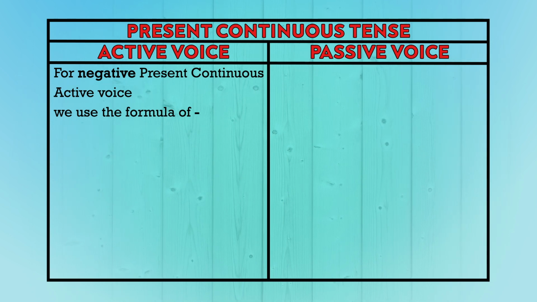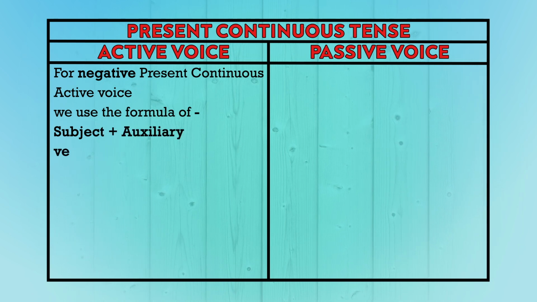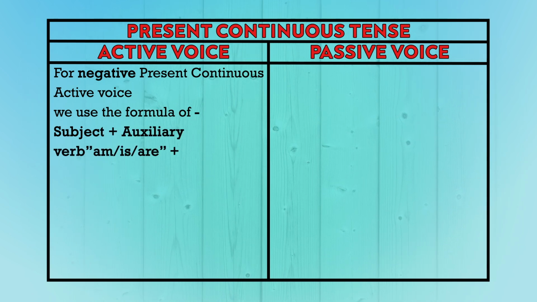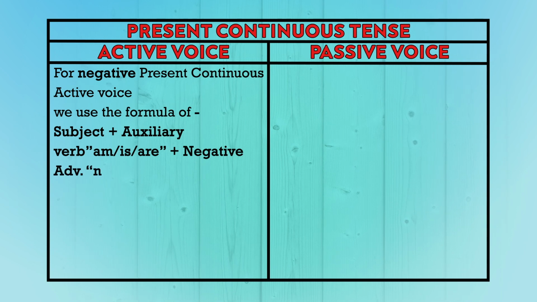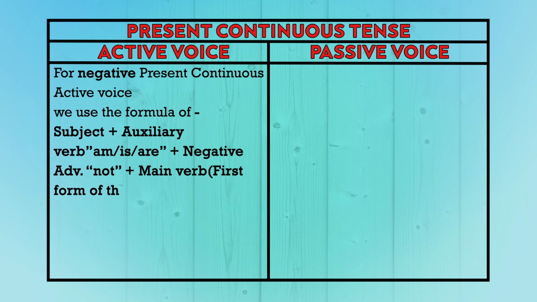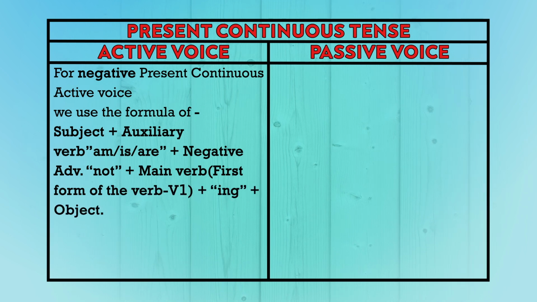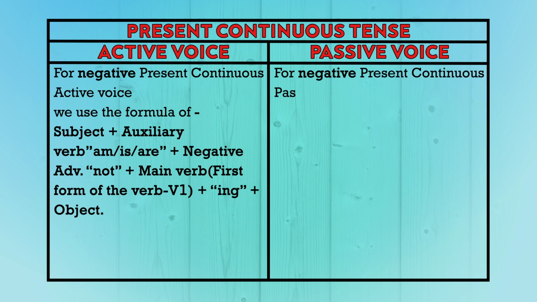The formula is subject plus is, am, are plus not plus the main verb, that is verb 1, plus ing plus object. Okay. Now when we change it,